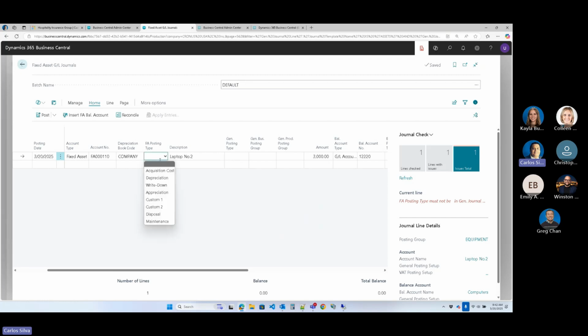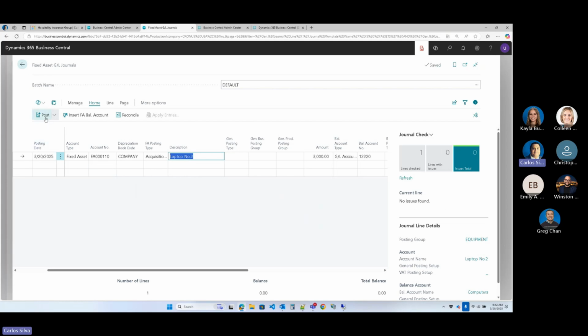The more important thing that I did forget is the acquisition cost, right? So you're telling this line here that you're acquiring it. What is it doing? In this particular case, it's acquiring that acquisition cost. And the nice thing, I should have looked on the right side. You see the current line if it found an issue, right? So if I take this away, it gives me that issue here. It says, hey, you're missing the FA posting type. So I set that. If I come back to that line, notice that there's no issue found, so now I